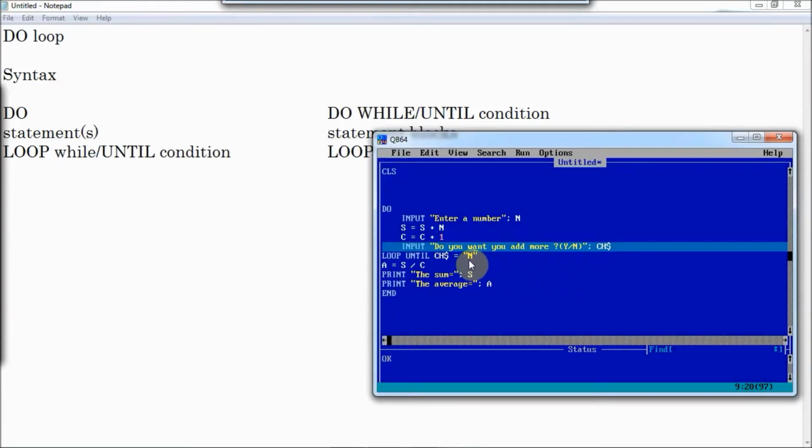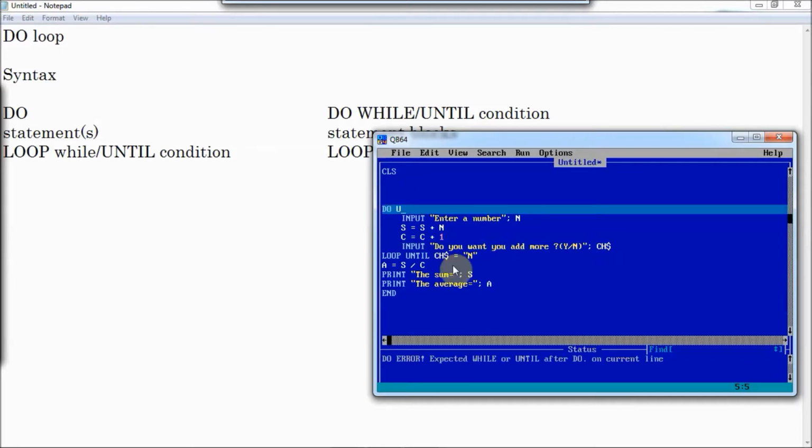Now let's try the pre-test loop. For pre-test, we give the condition in the beginning, until CS$ is not equals to y.